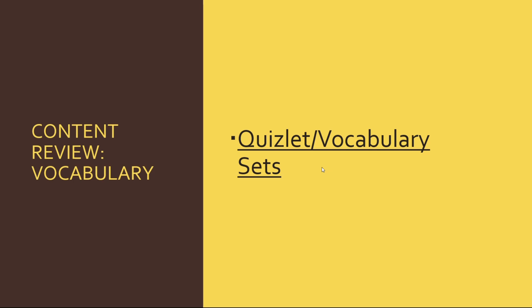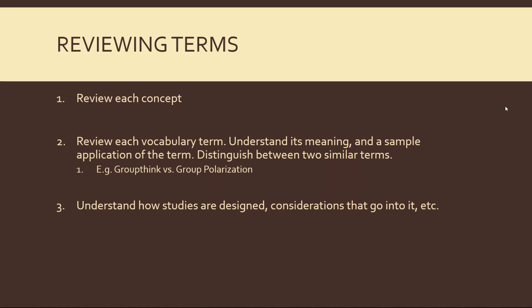And so, just as an example, if you understand the concept, you'll be super good as far as understanding experiments and stuff, but you want to be able to tie it to the term. And so it really requires both knowing the concept, being able to bring up an example of the concept, and being able to tie it to a particular vocab term that psychologists use to describe this type of concept. And so again, in general, when you want to review terms, what I recommend you do is review the concept. You want to have an understanding of the concept, and then you want to be able to link it with the vocab term. And then crucially, you want to be able to distinguish between similar terms.